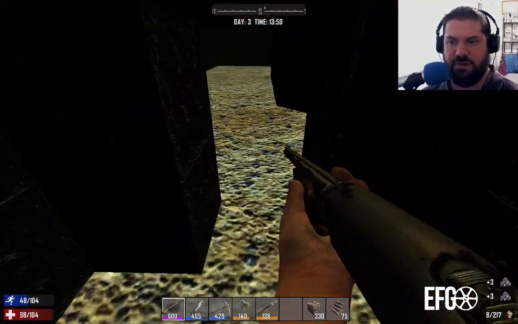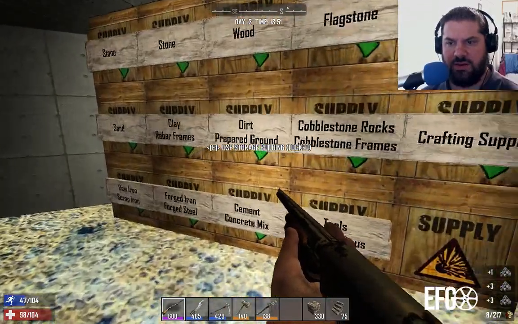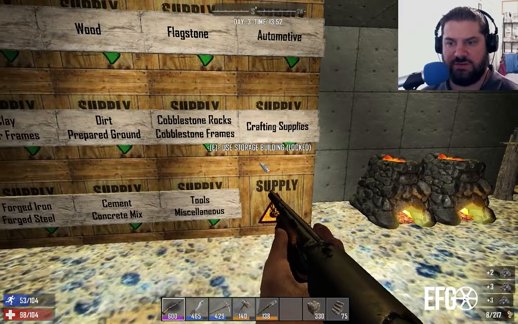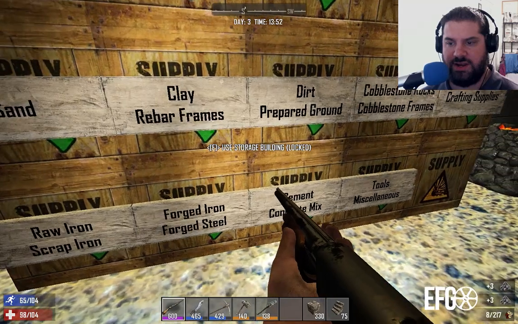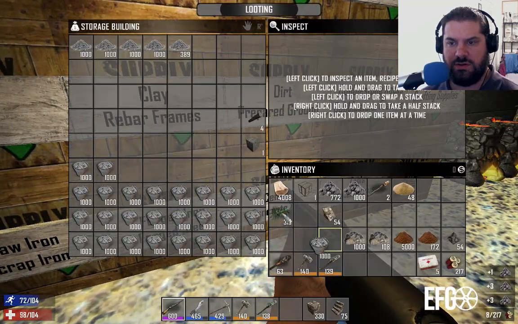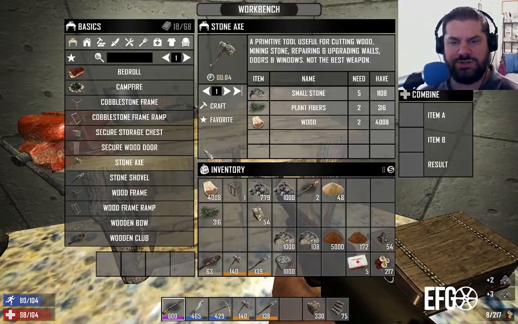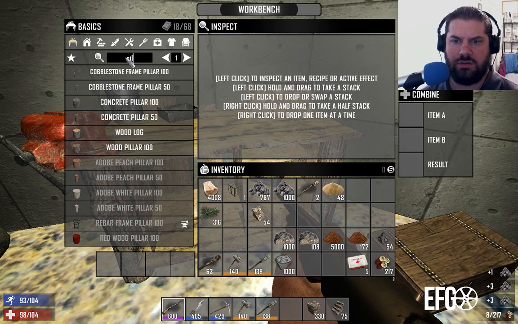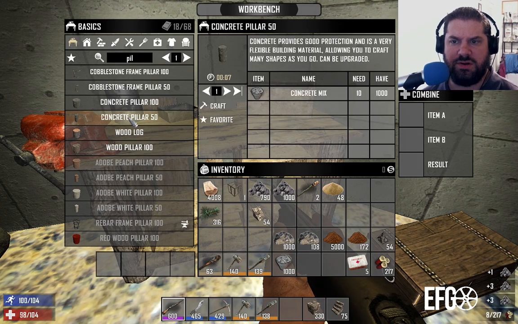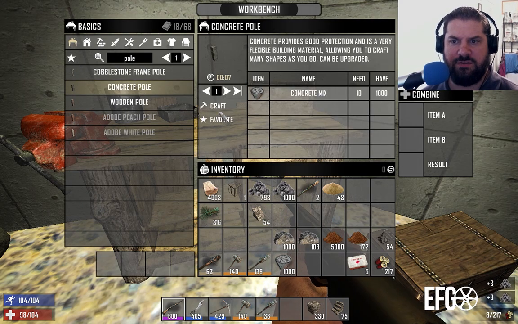That already seems like it's running much, much smoother. Maybe it was just that SSAO. These aren't giving me nearly as much graphical issue as they usually do, so that may just have been the trick. Alright, I need some concrete mix. Oh, I don't have any actual poles. Should I do poles or pillar 50s? I think poles. I want it to be a relatively small imprint, so...